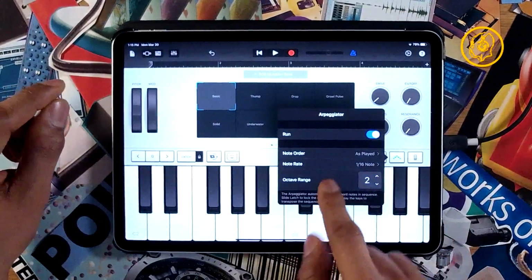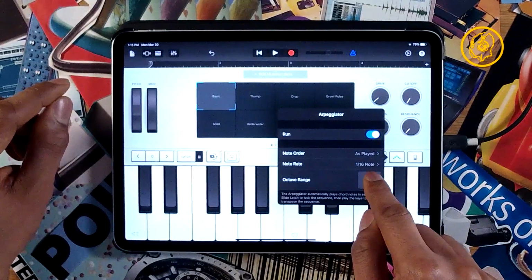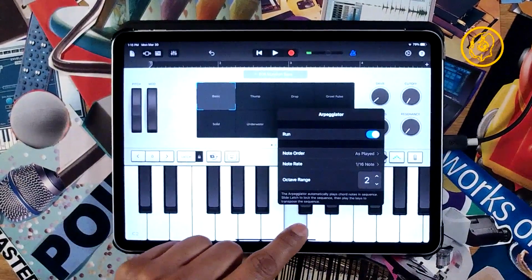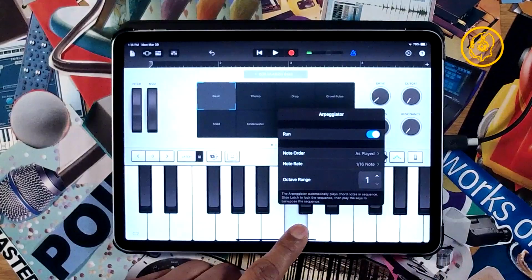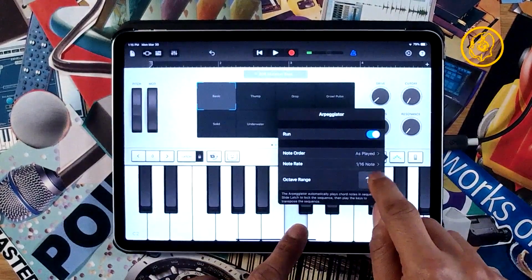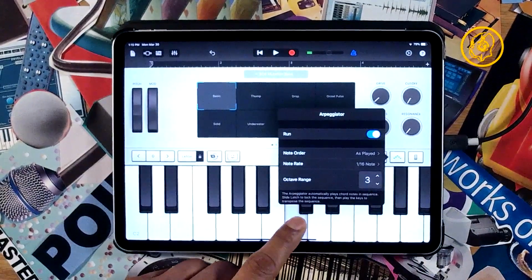So let's set this up. This is pretty good. It's going to give us a note every 16th, right? So let's just play something. And it's giving us a 2-octave range. We can bring it down to 1. So we're just holding it. It's just giving us that one note. We go up to 3. Y'all hear that?